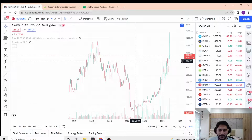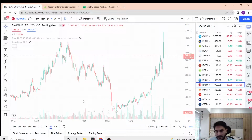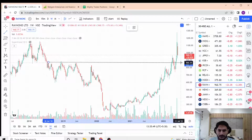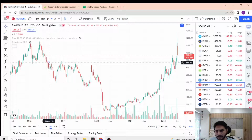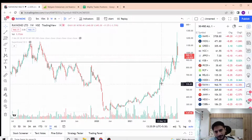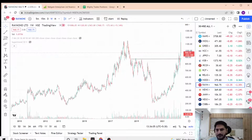Moving on to Raymond, this is looking very interesting. Alright, so we are looking at the weekly chart. We can very clearly see this was a very strong resistance over here for the stock, which was established back in August 2018. Then we saw a nice steady run up happening in 2020. We got a breakout. The stock went up to its lifetime high resistance right here,